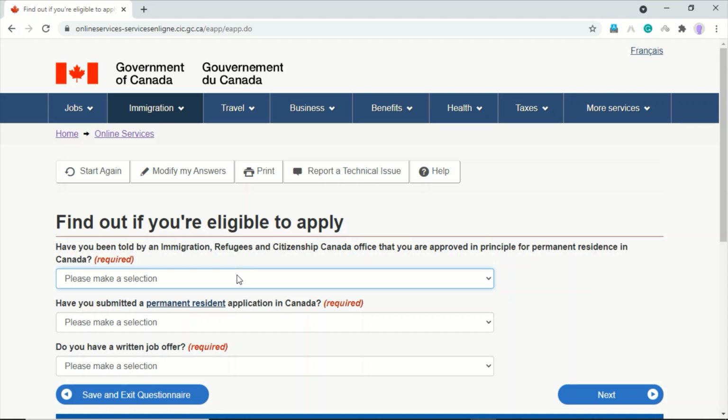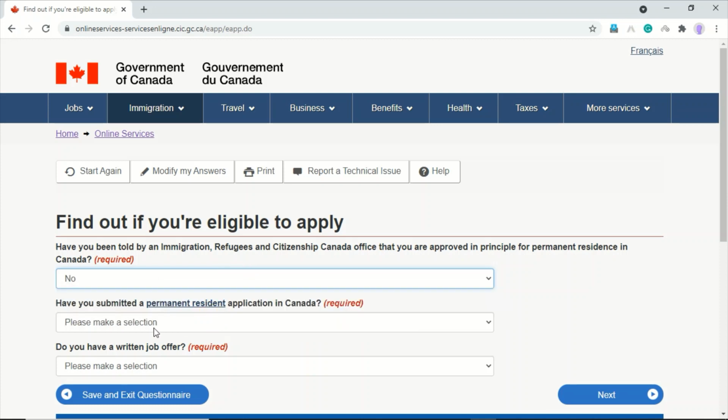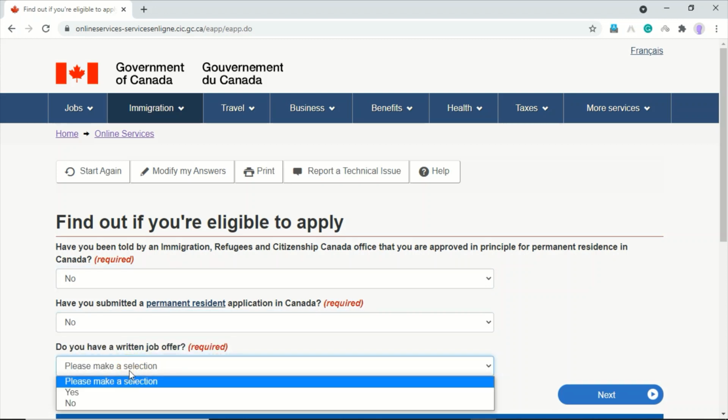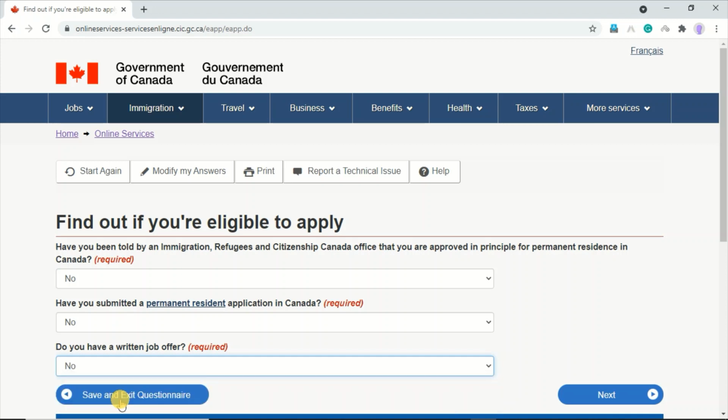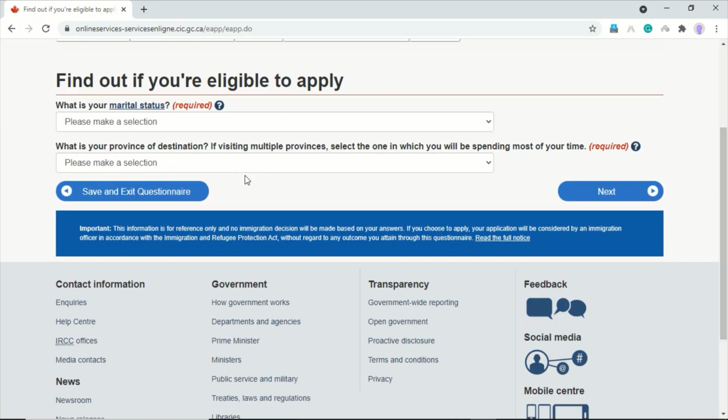Have you been approved for PR? No. Have you submitted a permanent resident application in Canada? No. Do you have a written job offer? You say no, because all these things apply while you apply for PR, not in co-op.